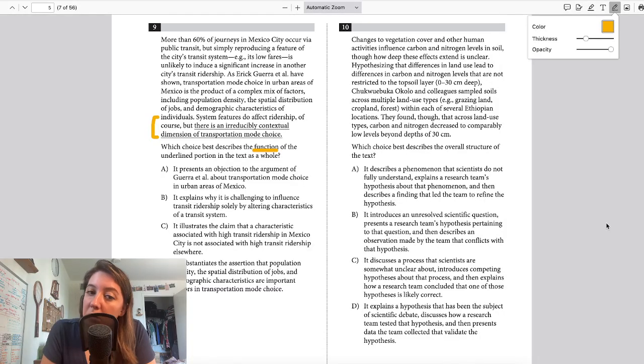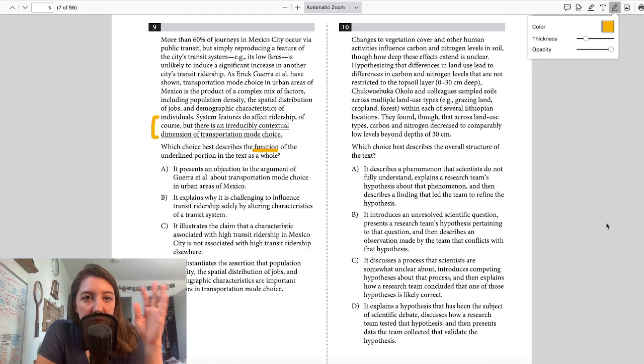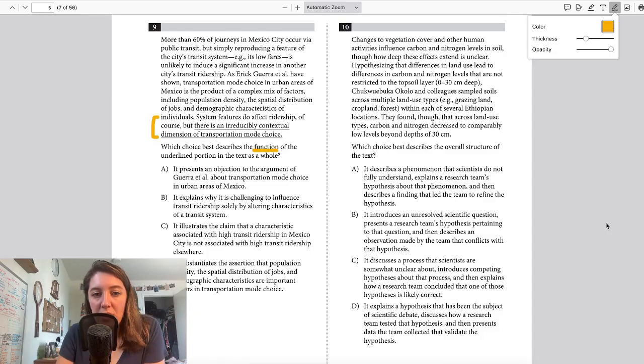So this kind of summarizes what they had already said, right? There are lots of different reasons that people choose to take or not take public transit. It's not always how expensive is it, how clean are the trains, these kinds of features of the system itself. It's really about how much money people have. Do they prefer to drive to work? Where is their job? Where do they live relative to their job? So they're basically saying